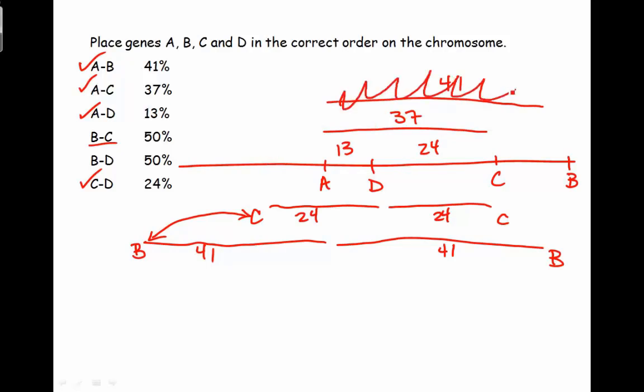Sorry, did that wrong, because that's not the correct C. Ignore that. Other direction. So if I know that my B and C are supposed to be 50%, then we've got